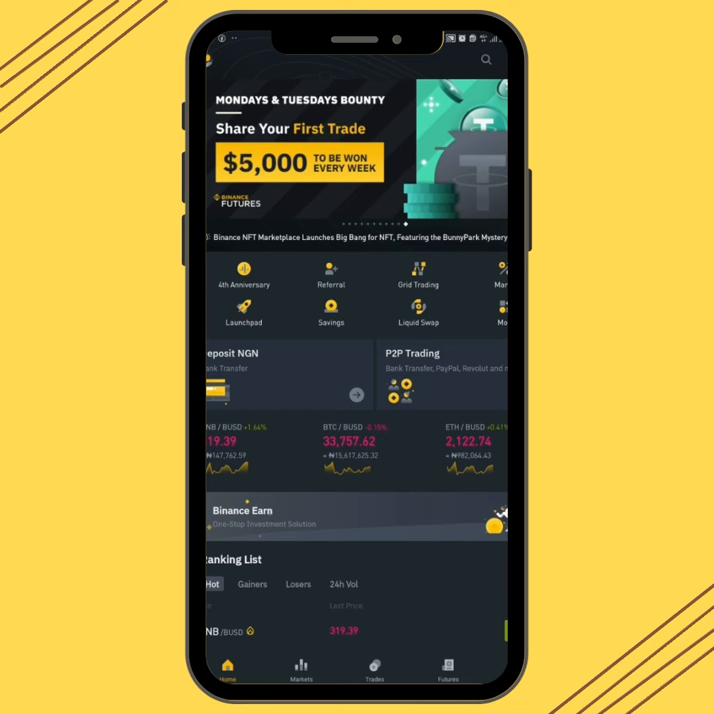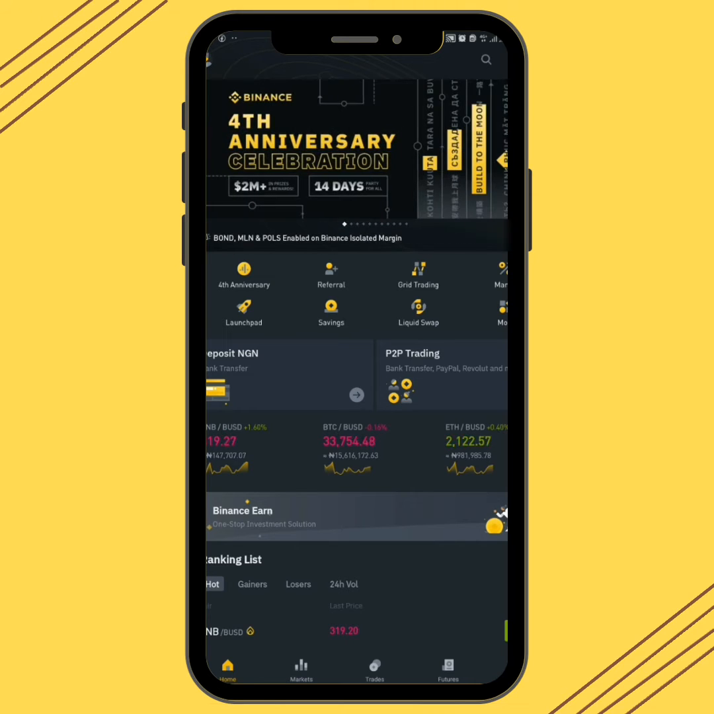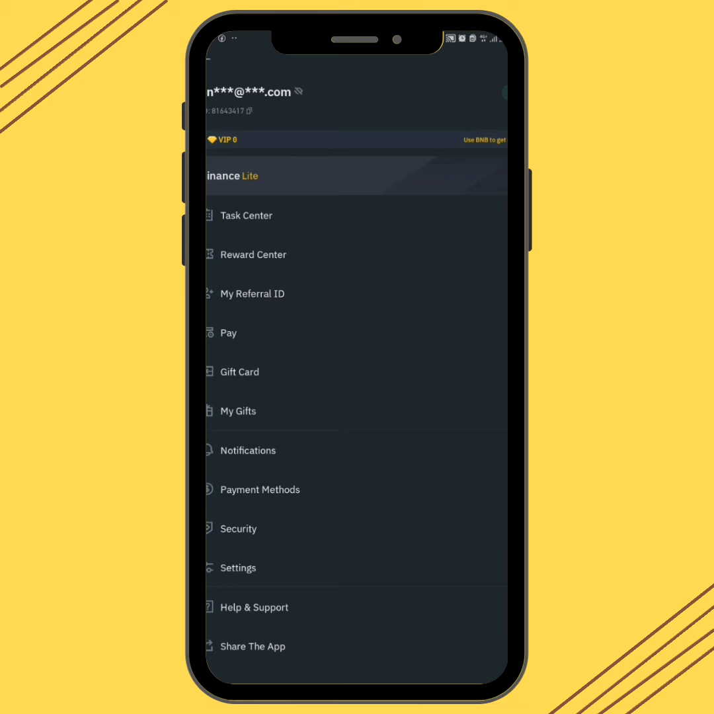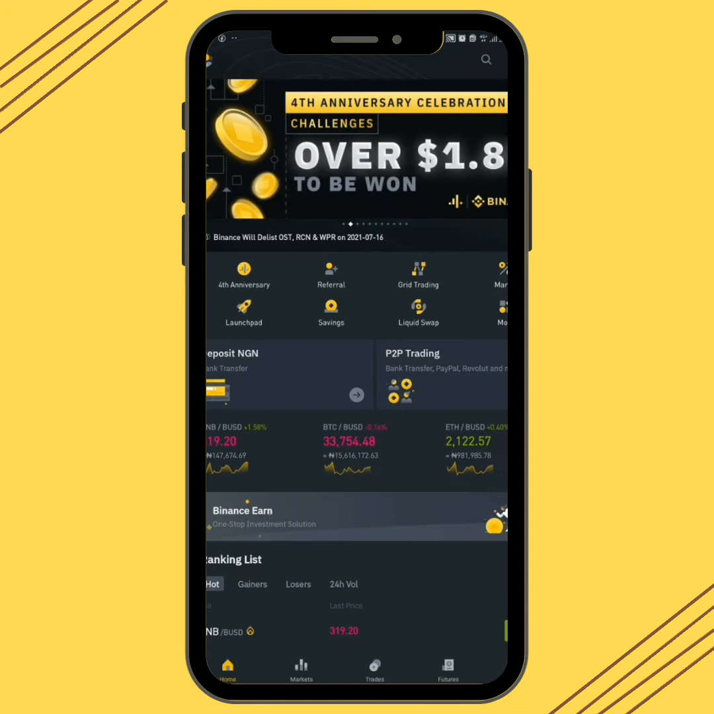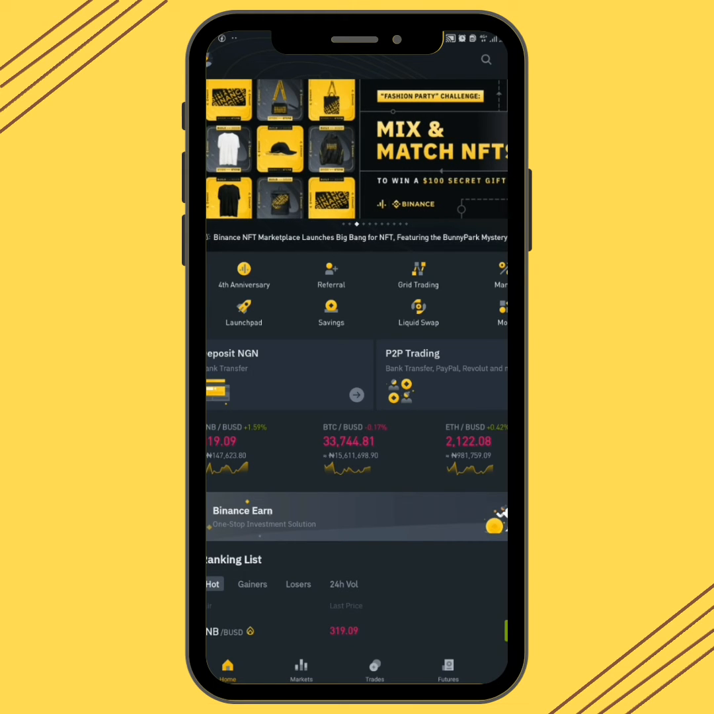Now at the top left corner, that face there. Of course, if your account is verified, it's going to be showing verified here. If it's not verified, it's going to be showing unverified. So you have to verify it first. That's for those that are just starting to use the app. But if you already verified your account and you want to know what the features are for, this